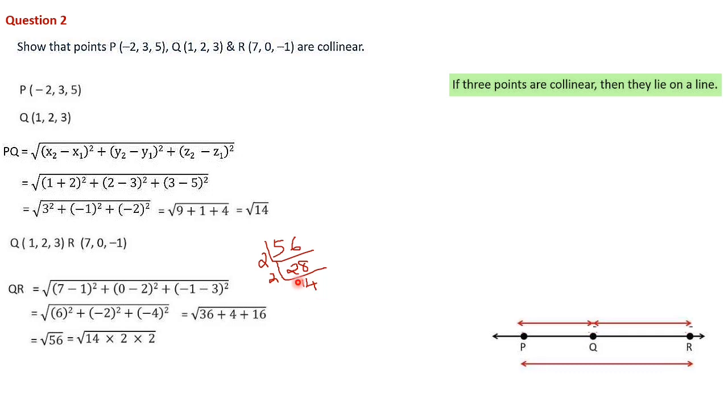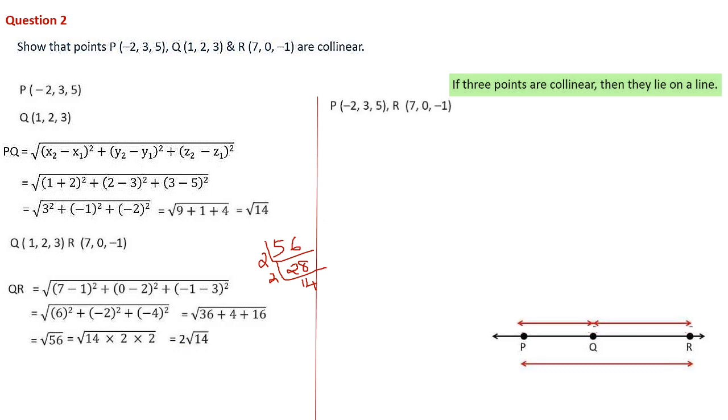And even this 14 and here also 14 is there, root 14 is there, something we can use later on. So out of these two 2's, one 2 will be coming out, and inside there is a root of 14, just we can keep it as it is. Then the distance QR, or the length of QR, we have got as 2 root 14.